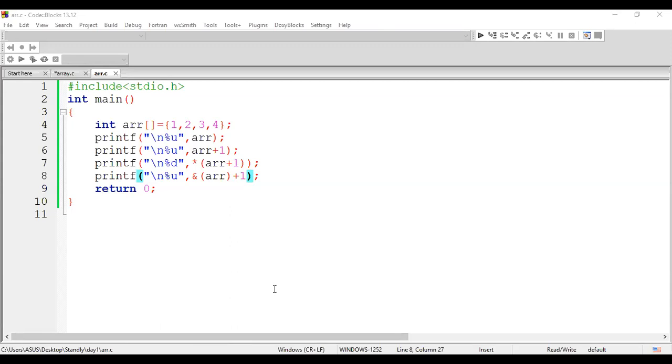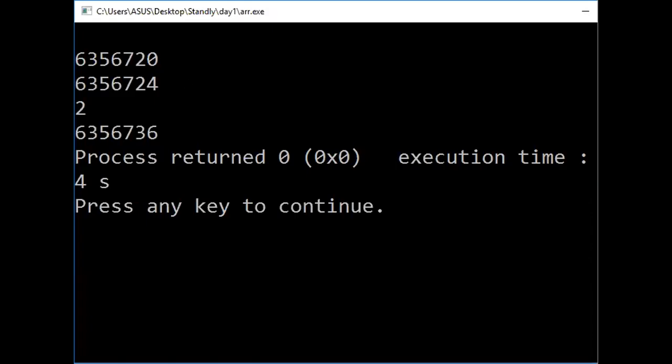Okay, listen. First, keep in mind what we are printing first here. First we are printing the base address, followed by base address plus 1, and the value at the second address 2 should be printed here, followed by here. As I stated, your pointer should come at the last position, after 4 elements. Now we'll go to the output window. Listen here. What is the first value? First we have printed the base address. What is the base address here? It is some random value ending with the value 20.